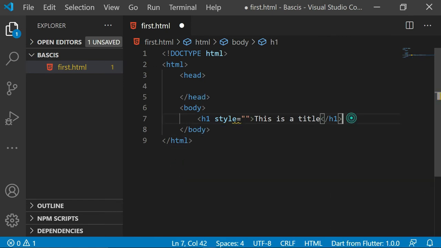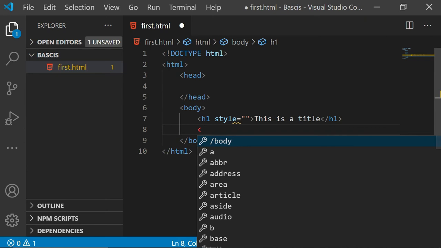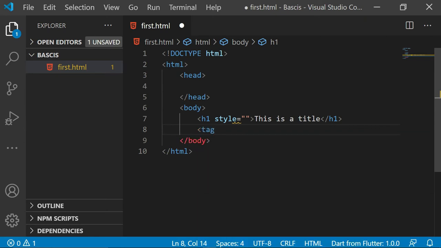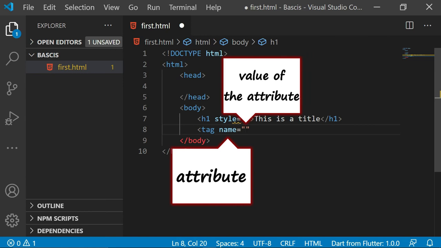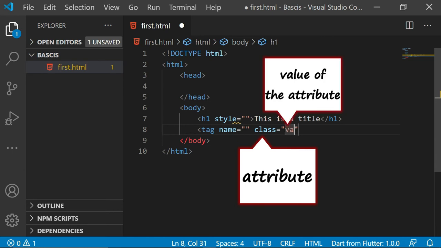Let me also remind you that whenever you give the tag name and a space, and let's say you give, for example, a name here, then name becomes an attribute. This becomes the value of the attribute, whatever value it is. Let's say you give class, then class is the attribute and this is the value.